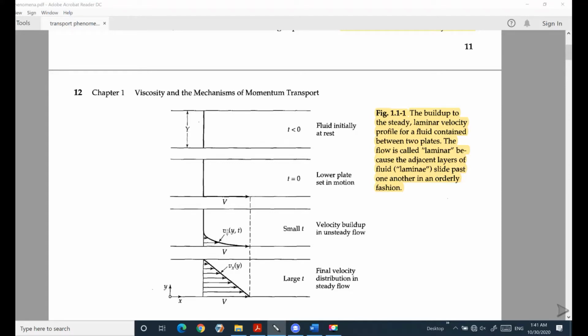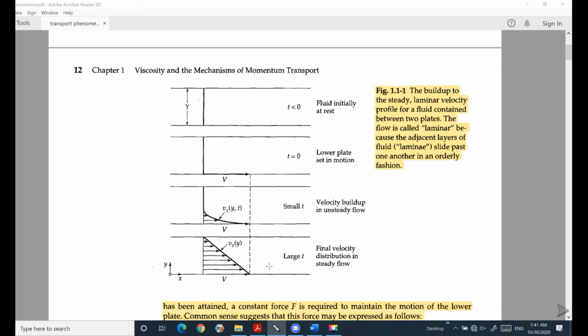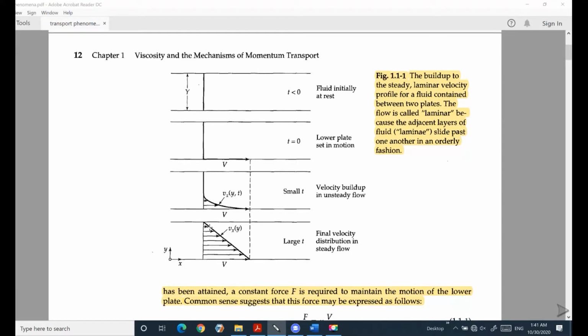We are here just talking about Vx velocity, not Vy and Vz. We consider those zero. This Vx is a function of y and t. After enough time has passed, we will see the velocity profile like this. We call this type of distribution in steady state the laminar velocity profile, because the flow is called laminar because layers